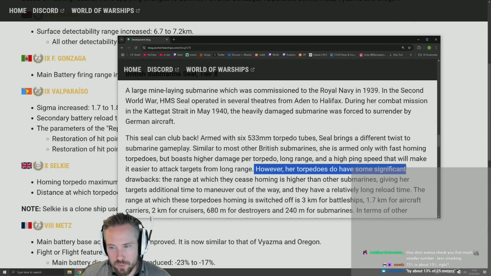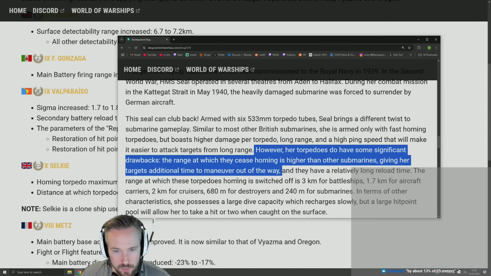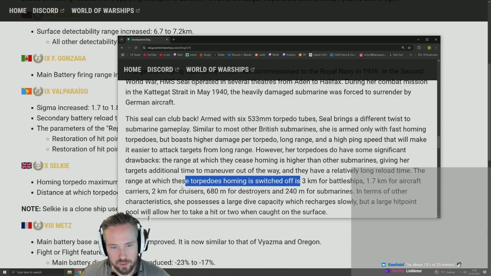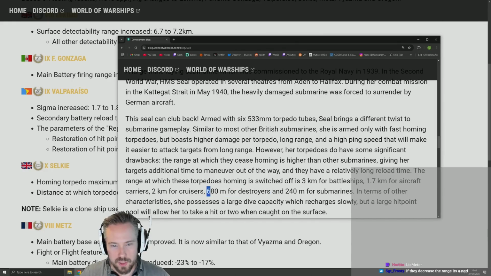However, her torpedoes do have some significant drawbacks. The range at which they cease homing is higher than other submarines, giving her targets additional time to maneuver out of the way. Well, they fucking took that away. The range at which these torpedoes' homing is switched off is 3 km for battleships, 1.7 km for aircraft carriers, 2 km for cruisers, 680 meters for destroyers. 680. So what? We multiply by 0.87 and we get 590 meters. So if we take 13% away from this,